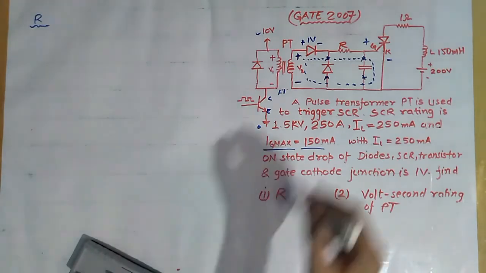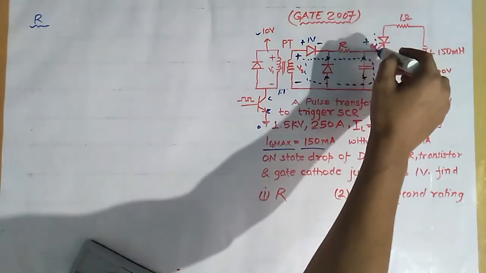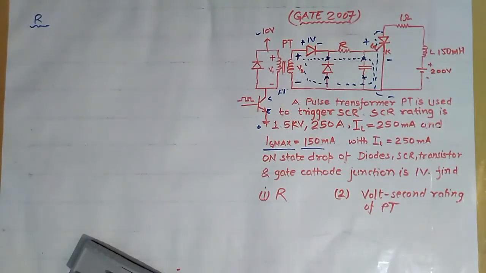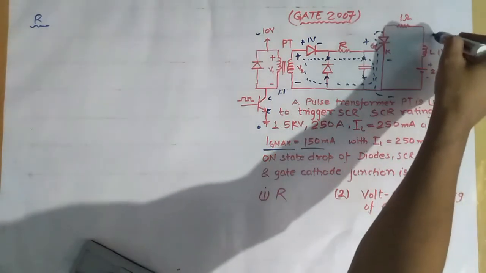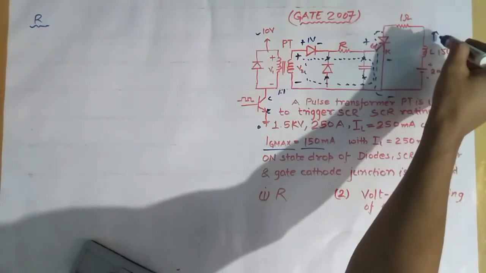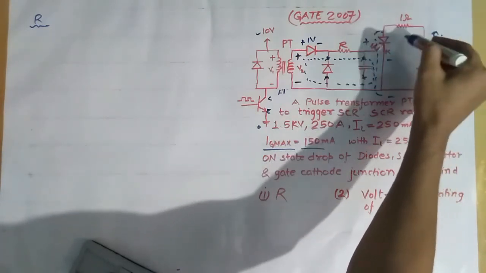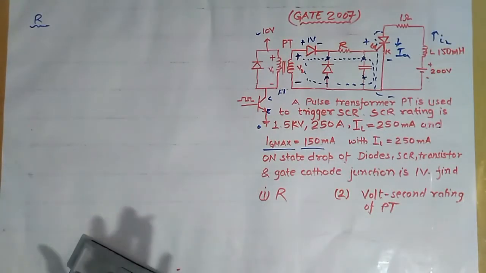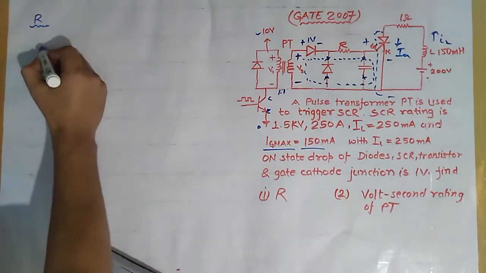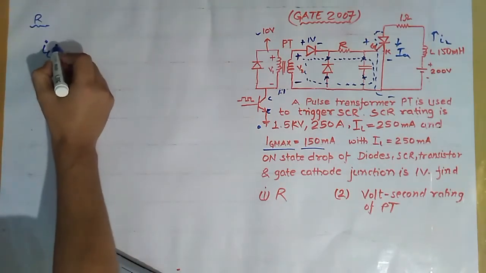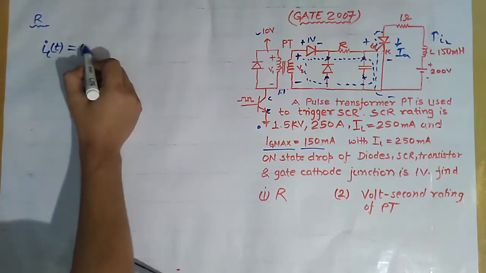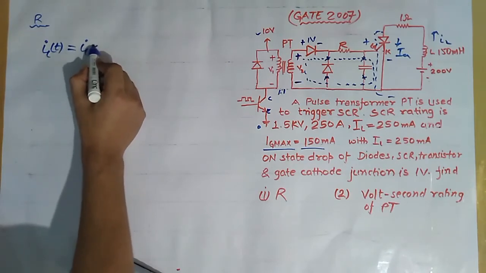Now to solve this, we have to take this part of the circuit only. In this part of the circuit, this is the inductor current, and we know that the inductor current is equal to the anode current. So simply we have to find the inductor current. So what is the inductor current? Now we will use the network theory concept, where the inductor current at any time t is given by IL infinity